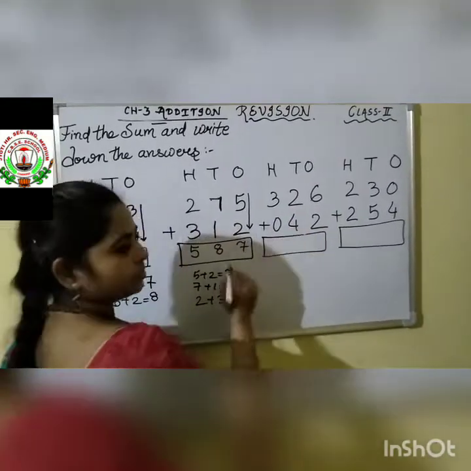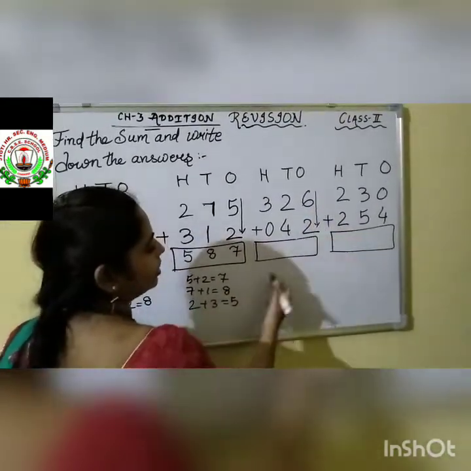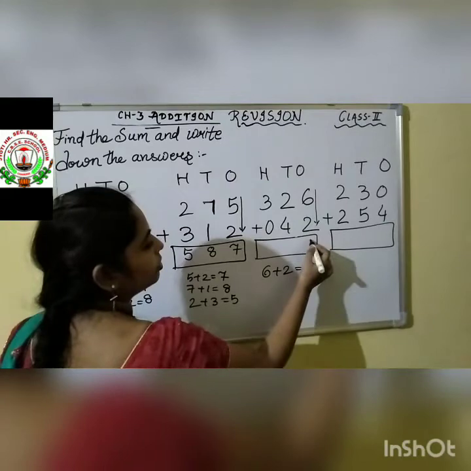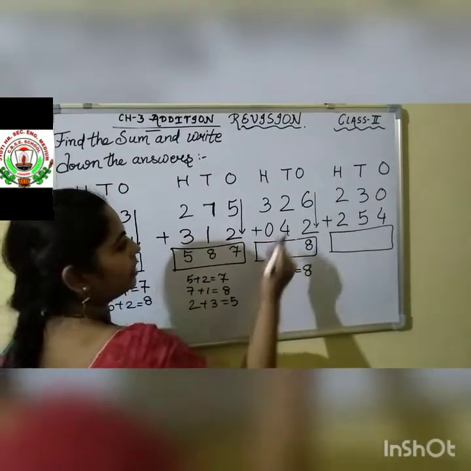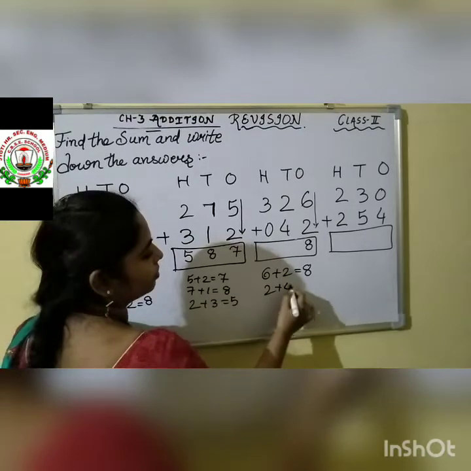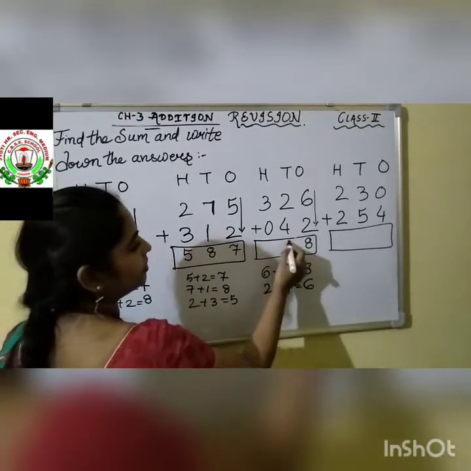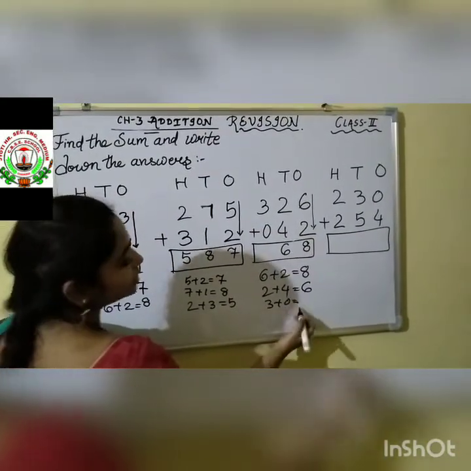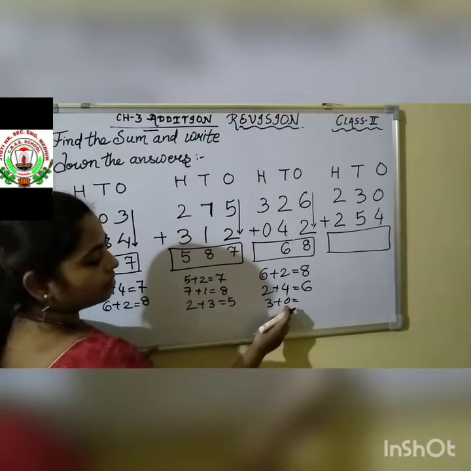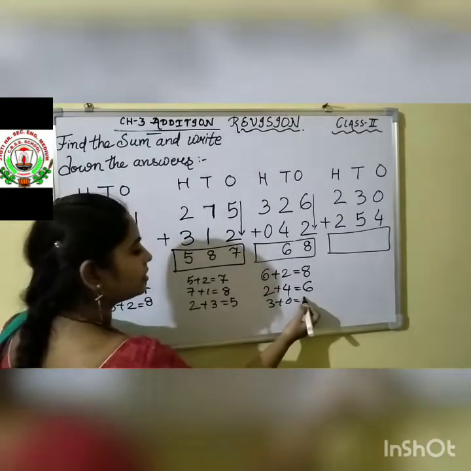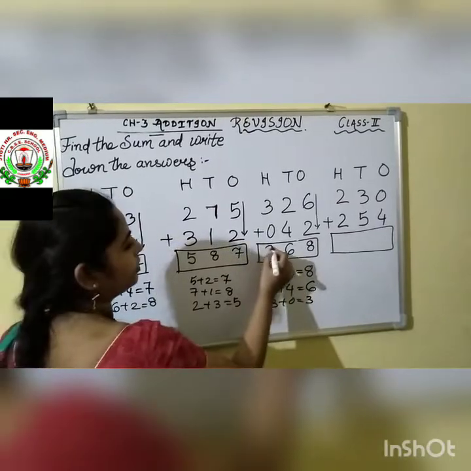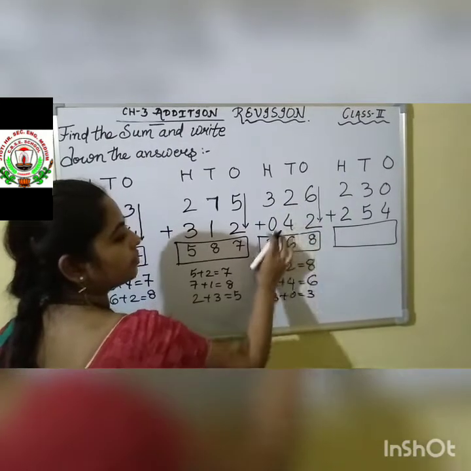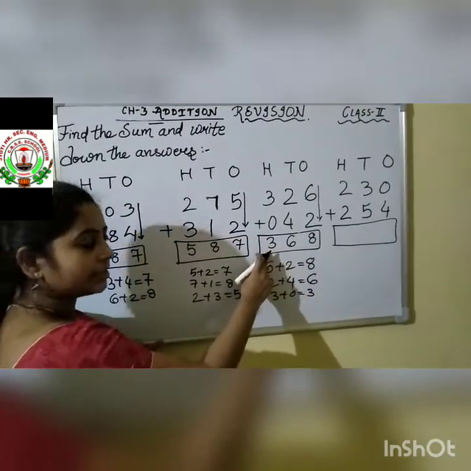Let us do 326 plus 42. Starting from the ones place, 6 and 2. If we add 2 and 6, the answer comes as 8. So write 8 in the ones place. Then 2 and 4, the answer comes as 6. We will write it under the tens column. Then next, 3 and 4, this is also very easy, children. If we add 3 plus 0, the answer comes as the same number, 3. We will write it under the hundreds column like this. Our answer for 326 plus 46 comes as 368.